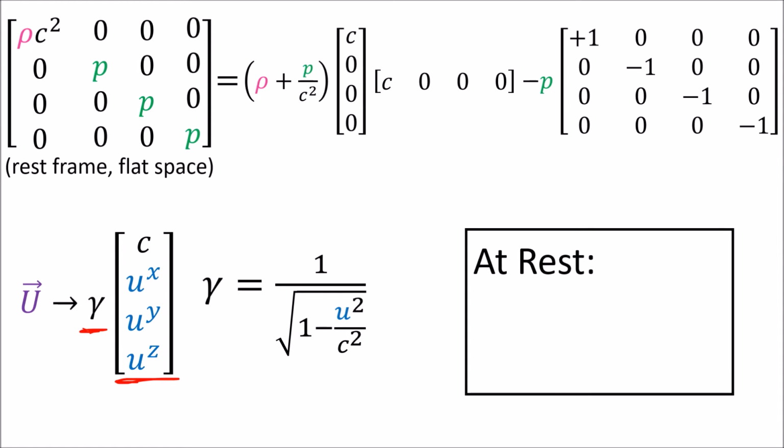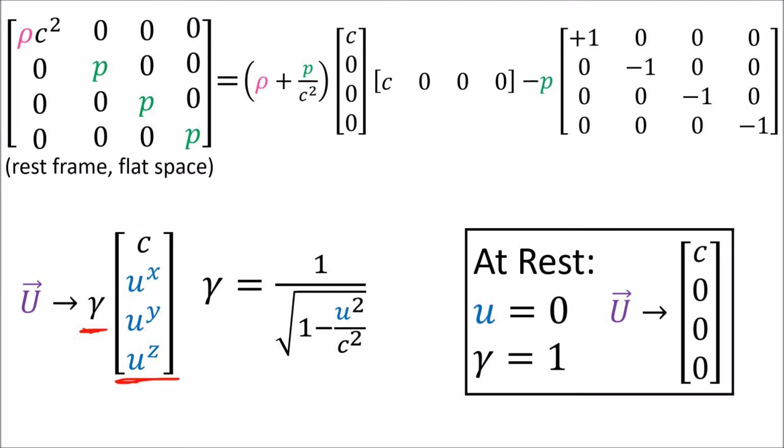But if we look at the 4-velocity vector for a particle at rest with 0 velocity, this particle has a gamma factor of 1, and so the resulting components look like this. So these two vectors are really the 4-velocity vectors for a particle that's at rest, moving through time but not